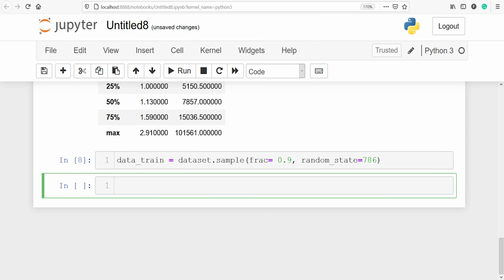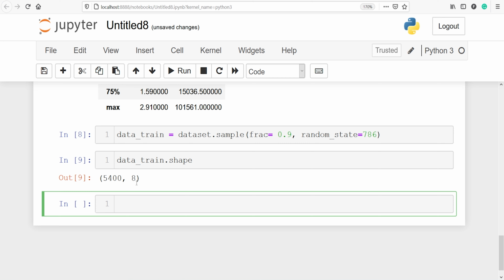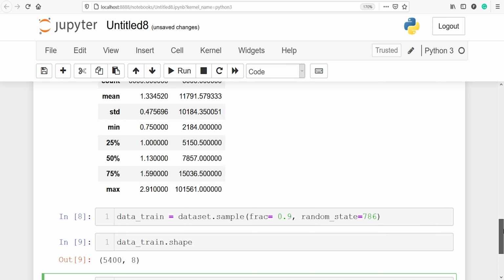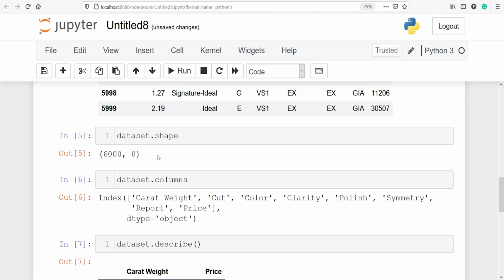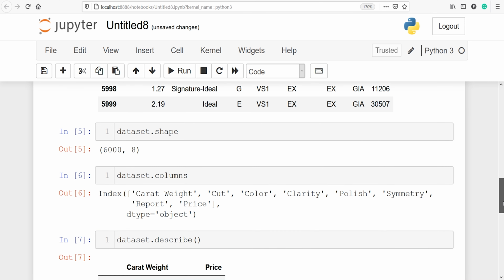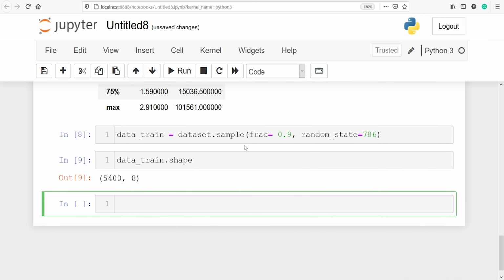Let's execute the code. Let's look at the shape of our training data, data_train.shape. In training we have a total of 5400 samples and 8 columns. There were a total of 6000 samples, you can see here, and we are taking 90% for training. So in 90% there are a total of 5400 samples.